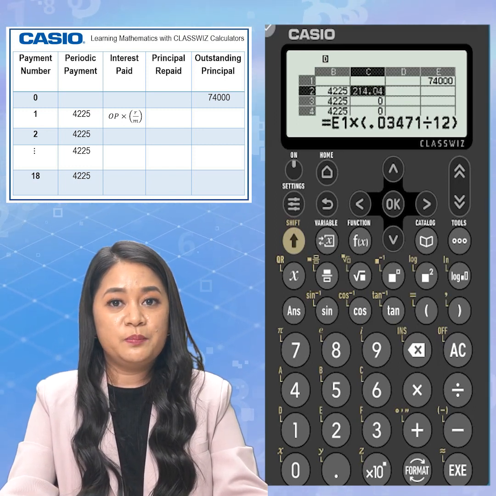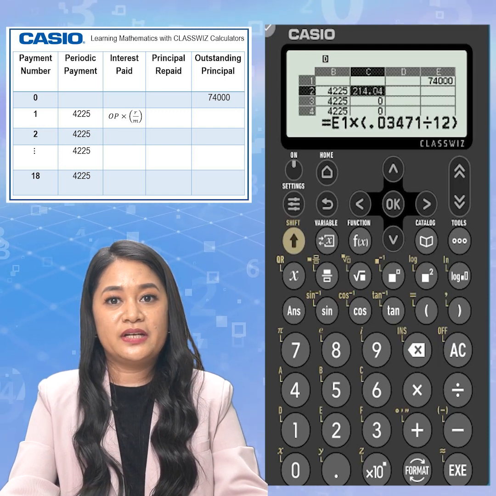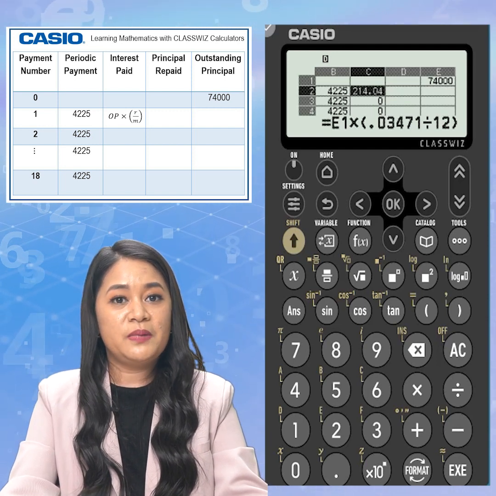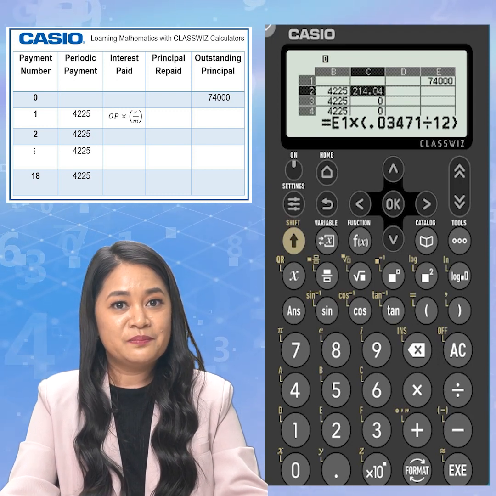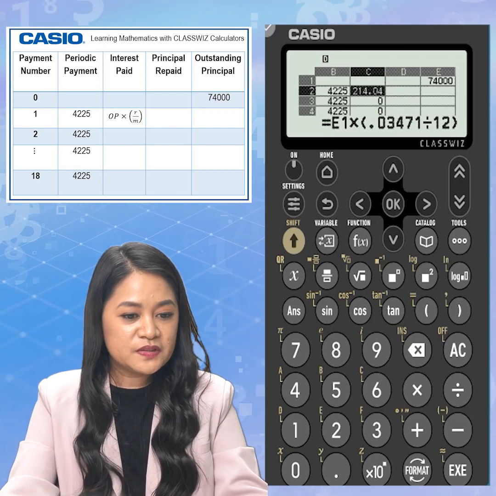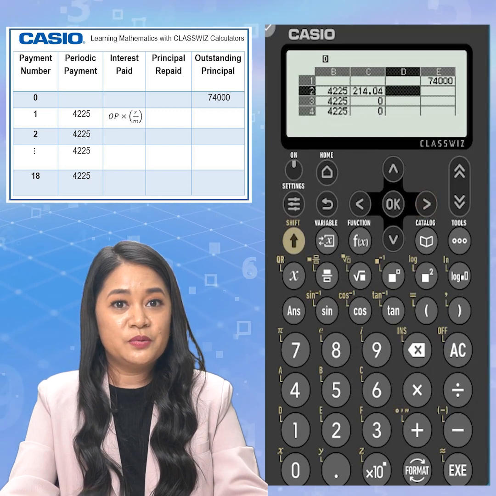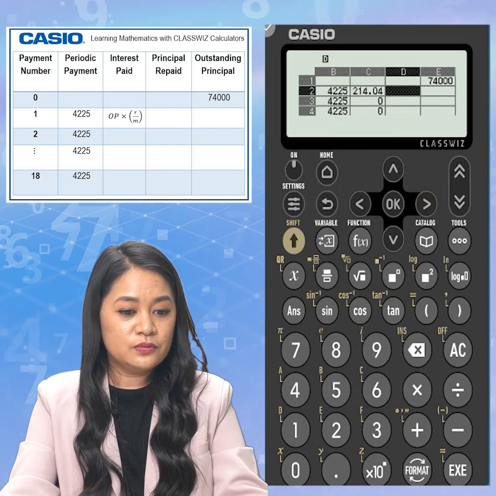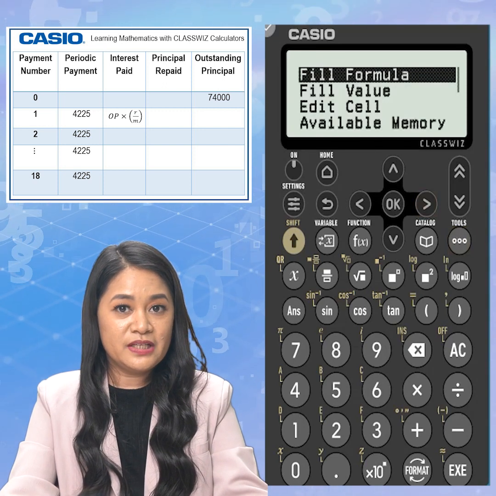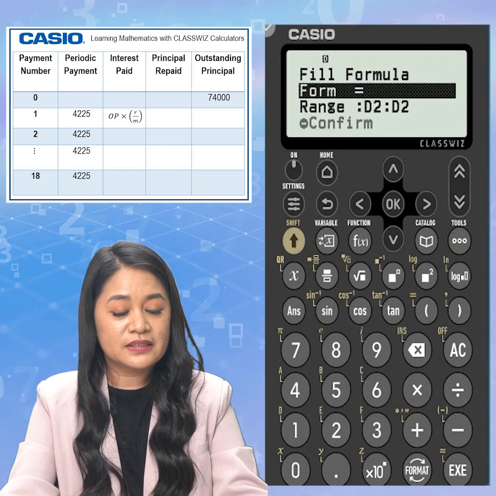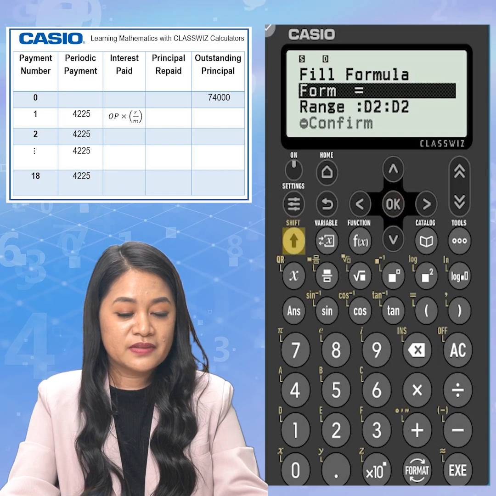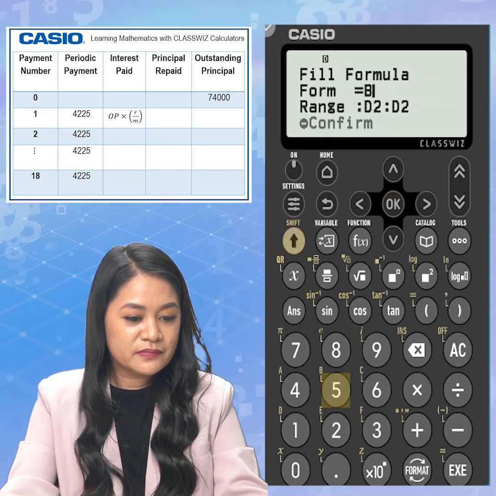For the principal repaid, we just get the difference of the periodic or monthly payment and the interest payment. That is column B minus column C. So from cell D2, we will input again a formula by pressing Tools, Fill Formula. Then for the form, input B2 minus C2. That is Shift 5, 2,